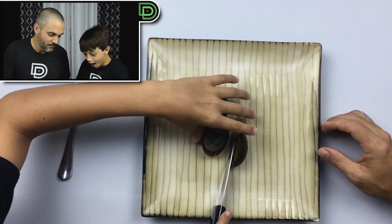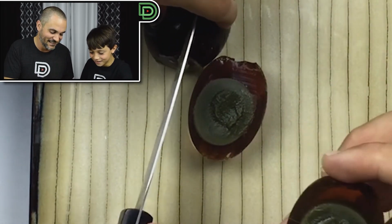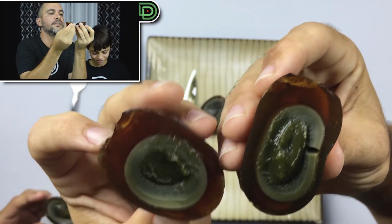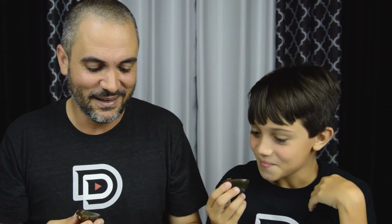Oh, no, that's disgusting. It's so squishy and gooey. Oh! Did you smell it? I told you. Oh my gosh! The smell is like bad sulfur eggs, but it's also got almost like an ammonia smell to it. Alright, I'm gonna try it. It's like sulfur, ammonia, and...